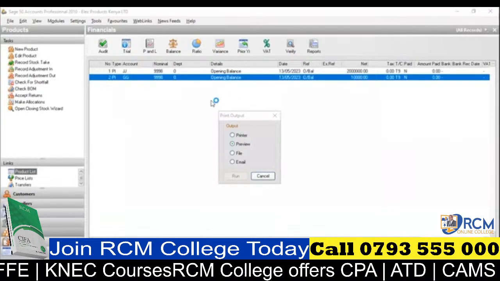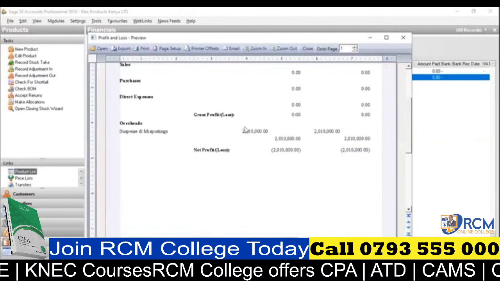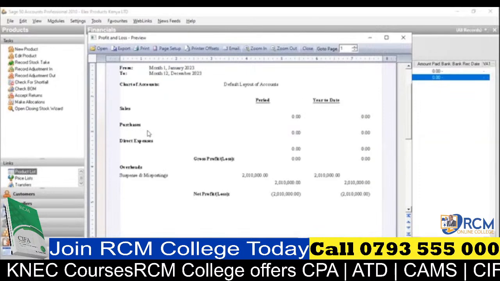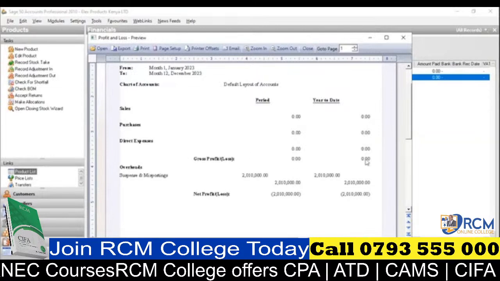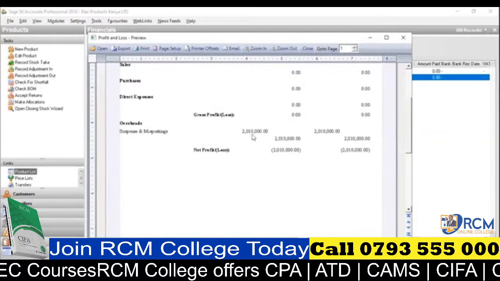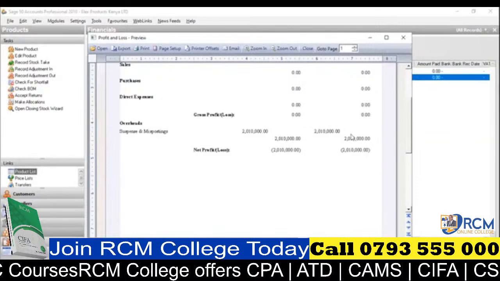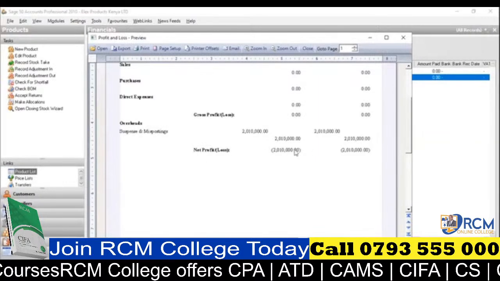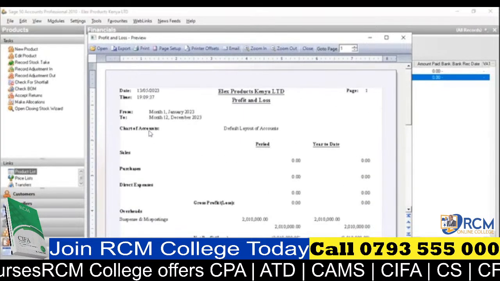Okay, so let me make a preview of my P&L. I'm not sure if I have any. Oh, okay, so I have, we always say no sales, no purchases, no direct expenses, gross profit or loss, none. What we have is overheads. So suspense and mispostings, 2,010,000. Oh, so actually I did a wrong posting. That is why this is appearing here. So it is resulting to a net loss of 2,010,000, but it's resulting from the suspense accounts, which is under